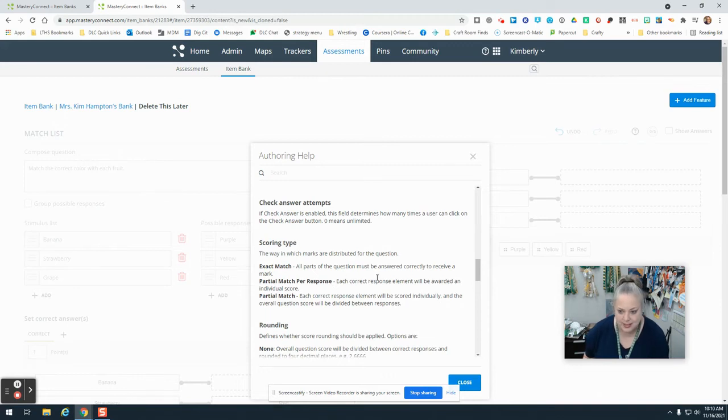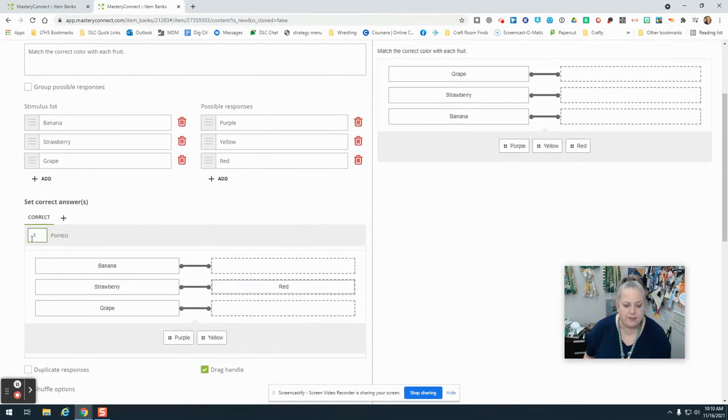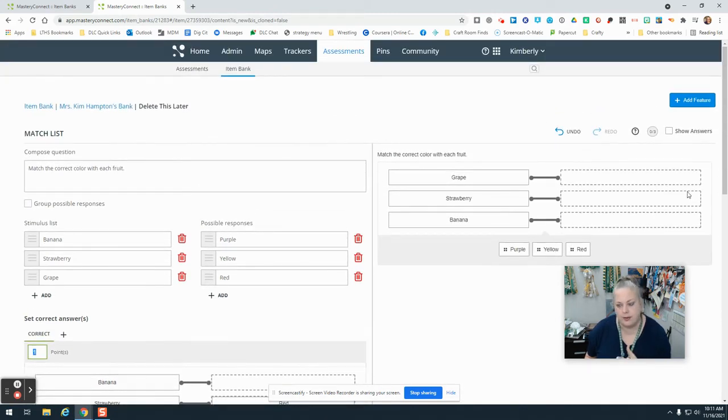So in this case, each correct response will be awarded an individual score. And if you look at mine, I have this question set to 1 point, right? But you'll see in my preview, here is where my score is, and I can see that it's actually worth 3 because it's giving a partial match per response. So it's giving that 1 point to every piece of that question, to every element that the student can get correct. And as I try this out, as I get answers correct, you'll see that my score,